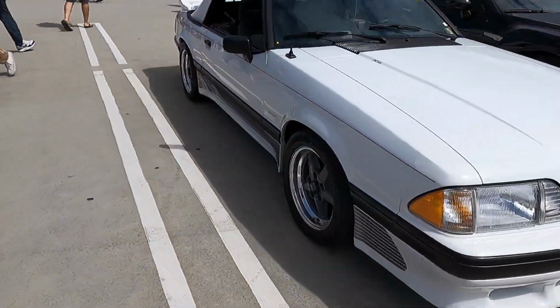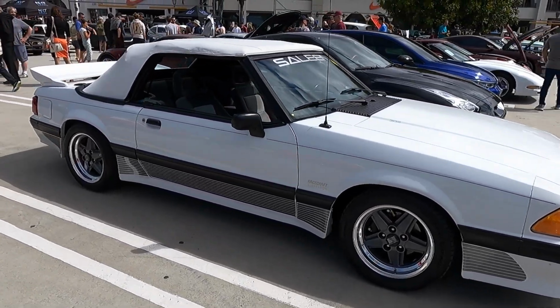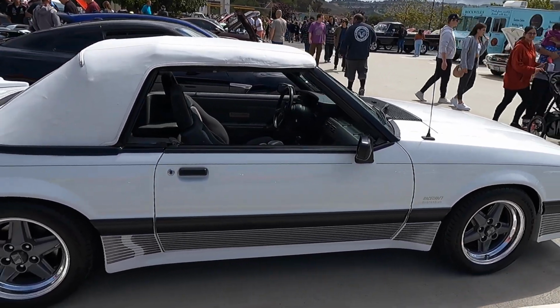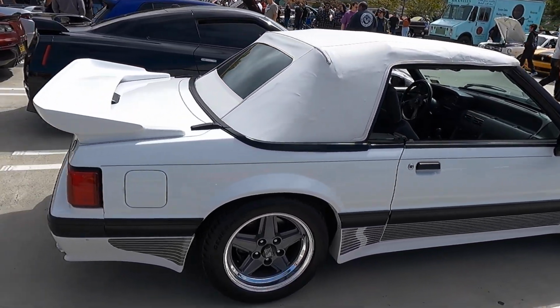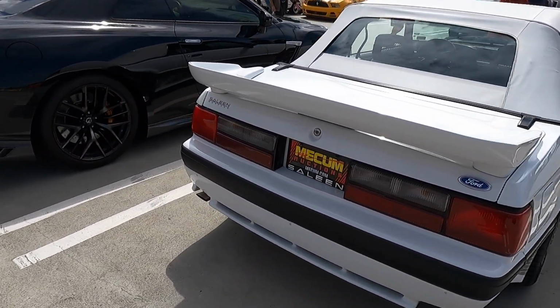In the late 80s, if you wanted some fast American muscle, then this is probably one of the things on your wish list if you're a Ford guy. This is Saleen Mustang, and it belongs to one of my best friends, Pete. He started sending me photographs of this last week, saying, I bought a new car,